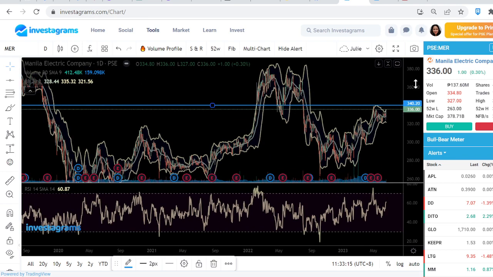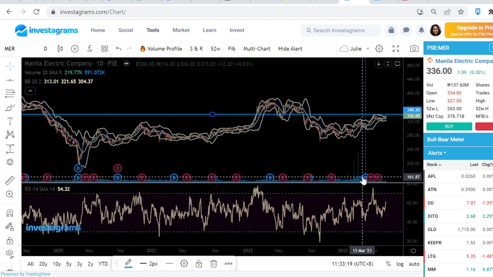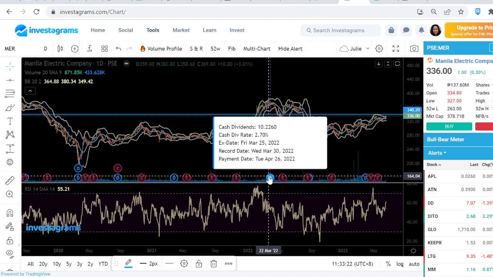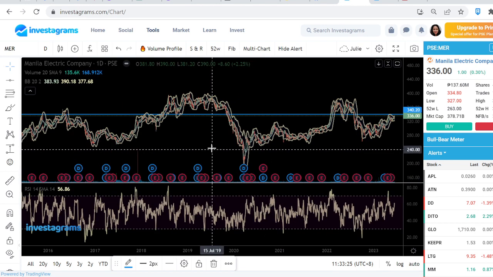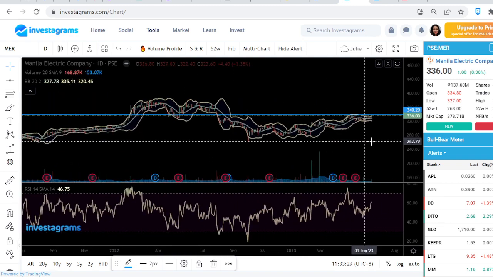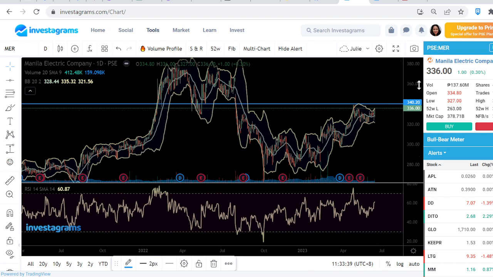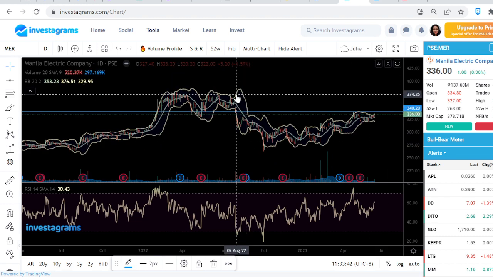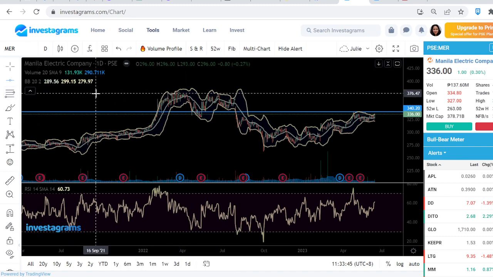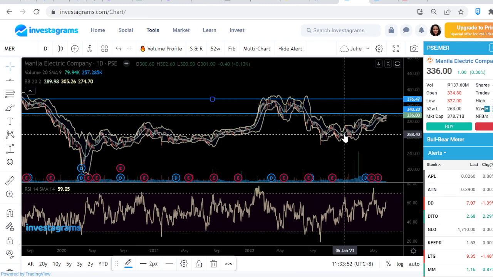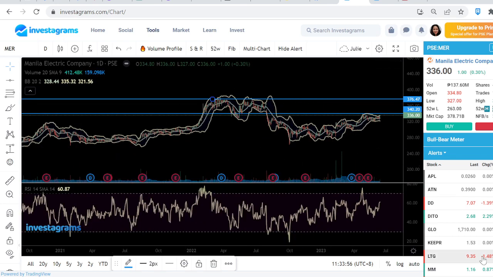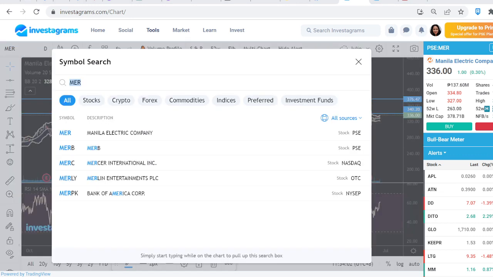Unless, yun nga, long-term holder ka na nag-accumulate ka lang kasi may foreign buying ka, may dividend kang consistent na binibigay ng Meralco. Ayan, so hindi ito ang position ng swing trade or isang position trade. Bagay ito for long-term investors level. Okay? Yan, malapit ka na sa kanyang medyo 52-week high. 370, ito nga, 373 sa ganyang area. Di ba? Malapit ka na sa resistance. Alright. So, accumulate lang. Pag bumaba ng todo, doon ka todo bigay ng iyong buying